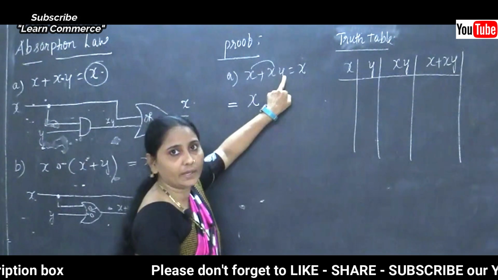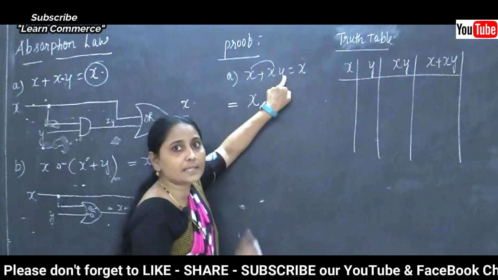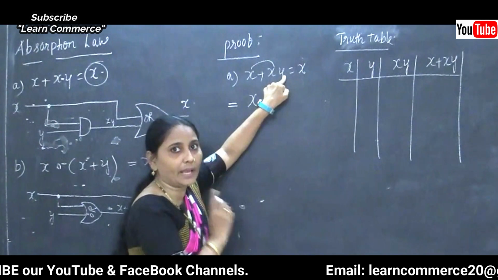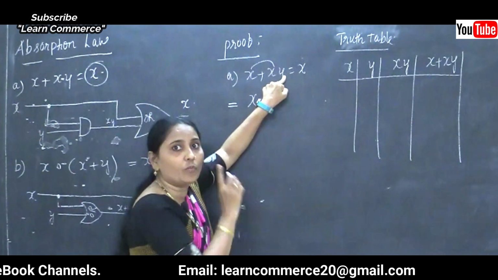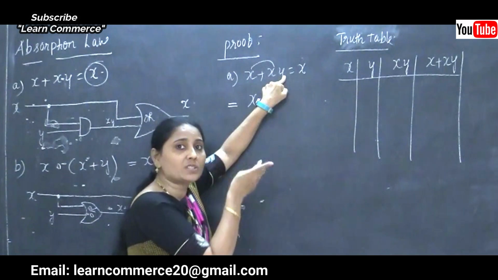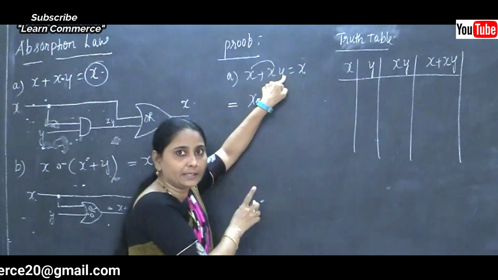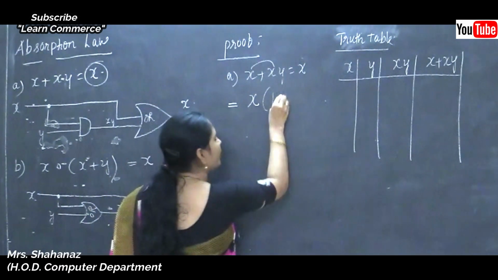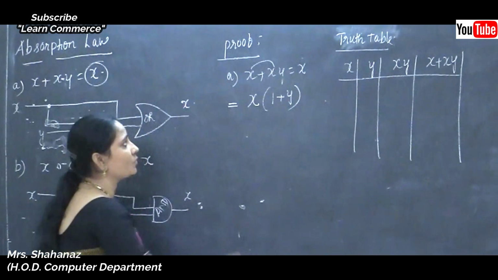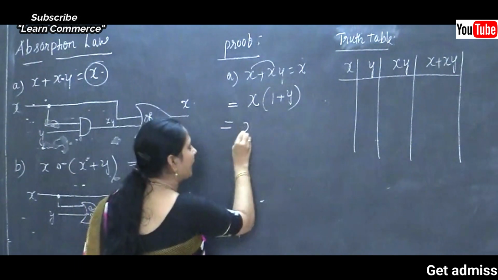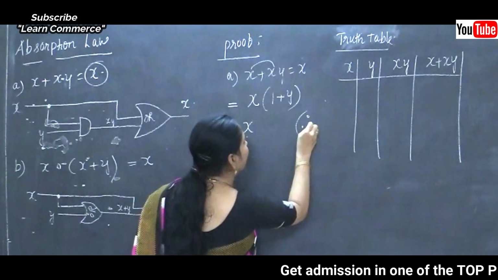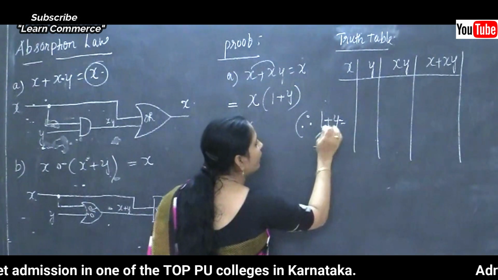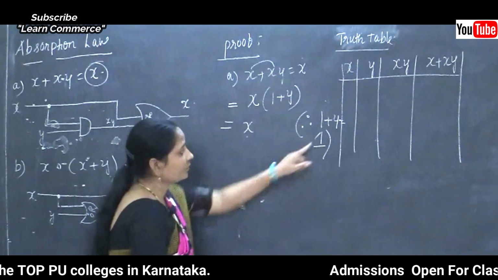Now just the y variable is there. We can't take y alone, there are some rules in our Boolean algebra. If any value is alone, we take the value by using the rule 1 plus y. Correct? Why? Because in the last class we saw how I took the value 1 plus z plus y. So now just the y variable is there, so I am going to take the value as 1 plus y. Therefore we can say that 1 plus y is equal to 1 only. Clear this point? The 1 plus y is equal to 1 only.